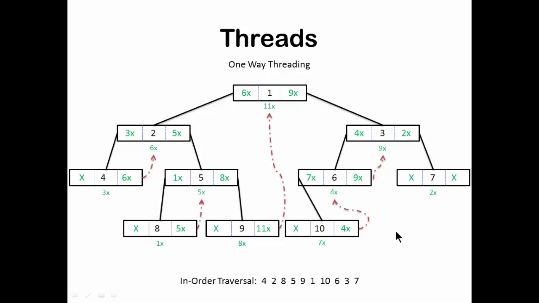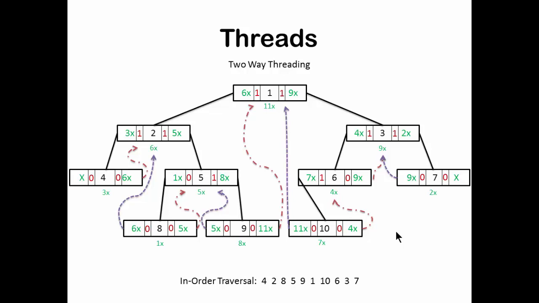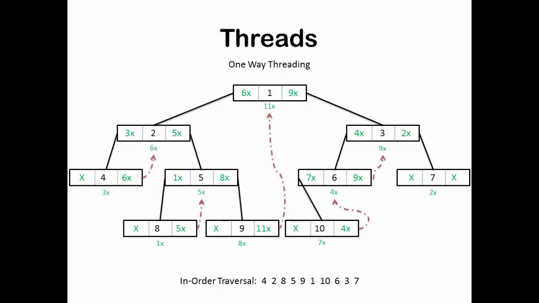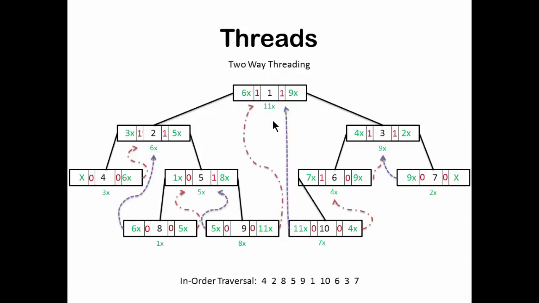But again, there is a problem with this. The problem is, how would you identify that 11x is a node which has come at a higher level than this node? If you are having a value over here, by general convention it means that it has a right child. But no, it is not having a right child. It is pointing towards a node that is already there on the higher levels. So we have to make a distinction, and for that we can have certain tags added to the structure.